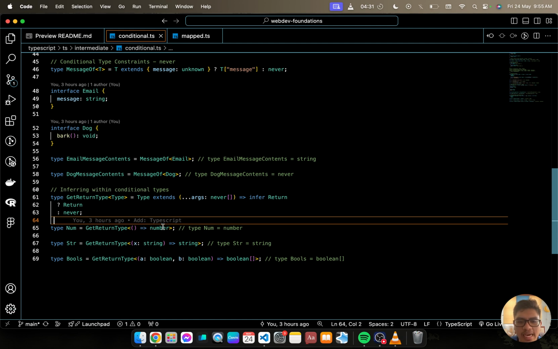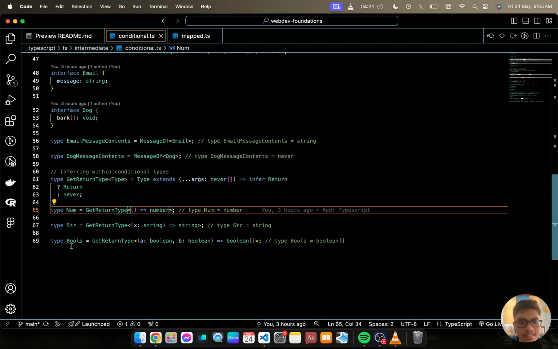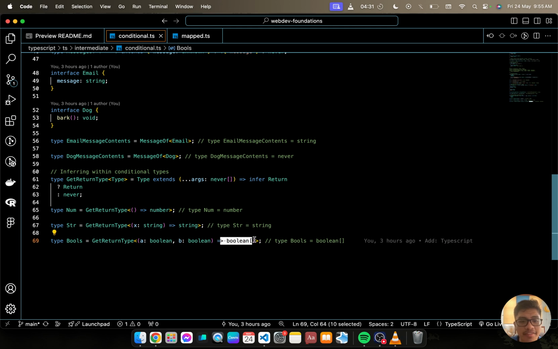So here we have number. Okay? Then here we have string, return type string. Okay? Then next we have bools equals get return type, a boolean, yada yada. We have here boolean, array of booleans.